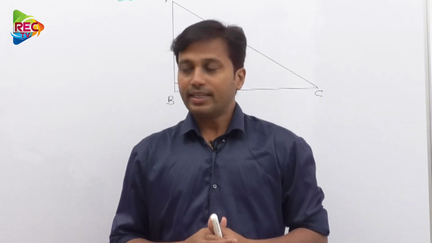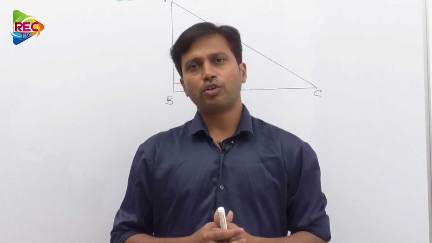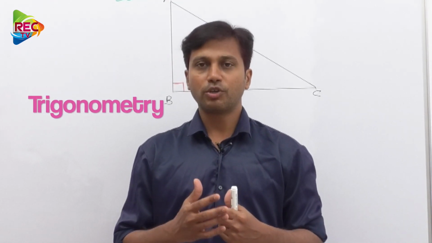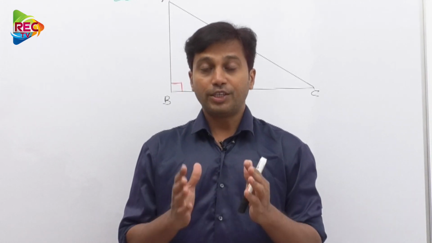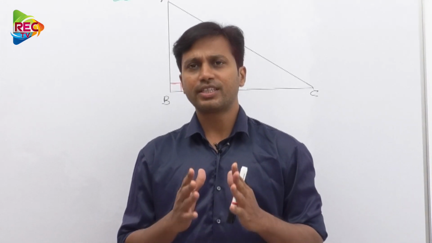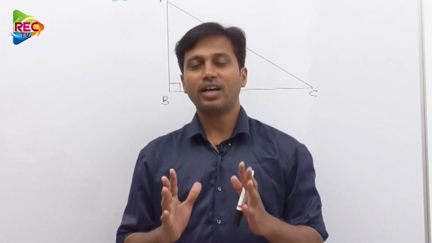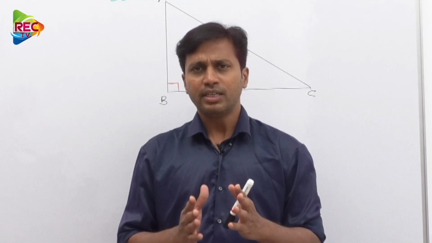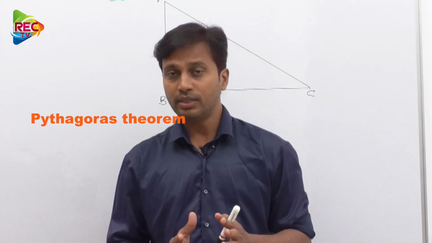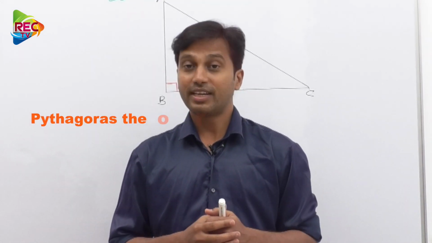So I think in our channel you might have followed the previous topic in trigonometry about the trigonometric basic ratios. Now let us find out the identities of the trigonometric ratios. What are the identities? It's a simple thing: how to derive the trigonometric identities based upon the Pythagoras theorem. Let us see how to do it.